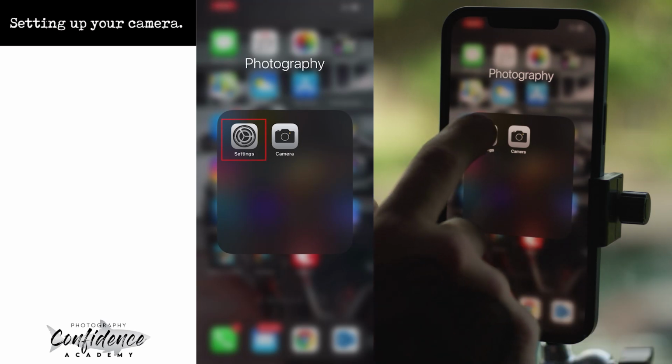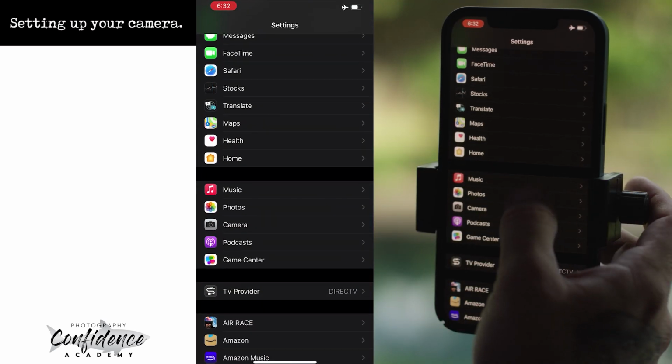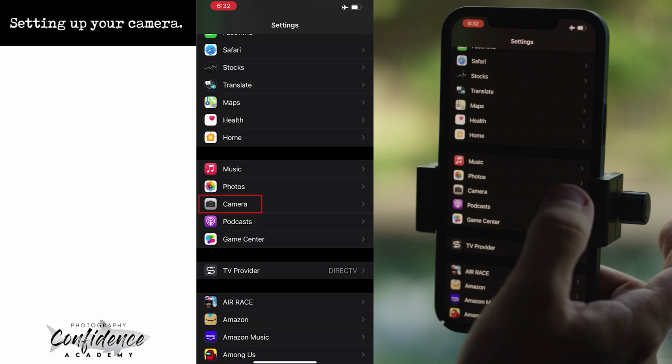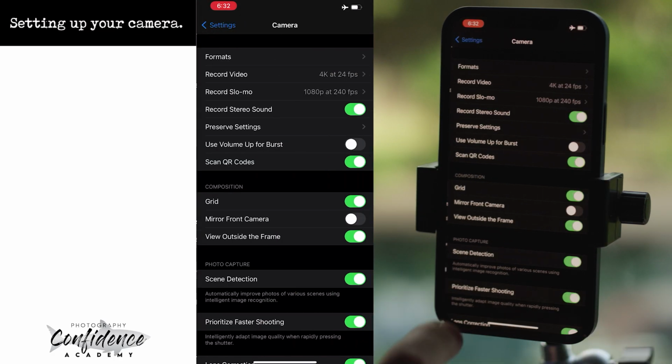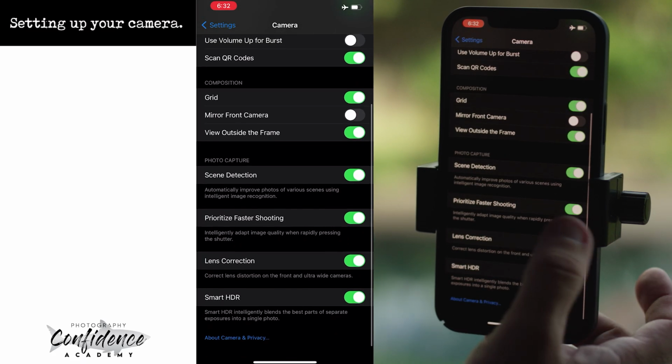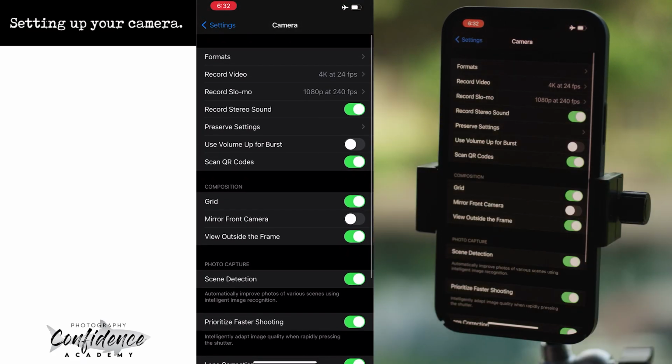So first things first, we're going to want to go into our settings. I'm going to come all the way down here to where it says Music, Photos, Camera, Podcast, Game Center. We're going to go into the camera app. A lot of people don't know this, but on your phone you can change the resolution that